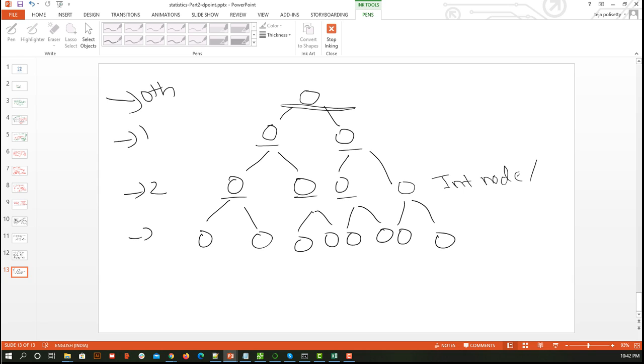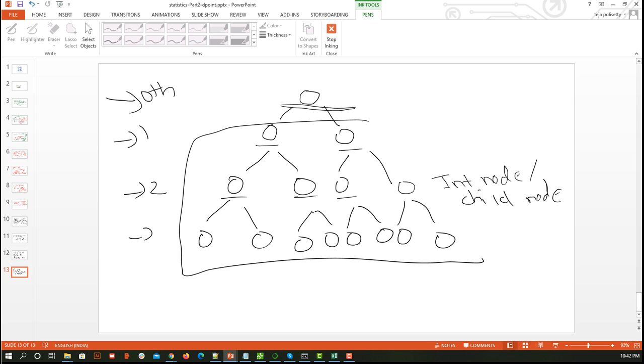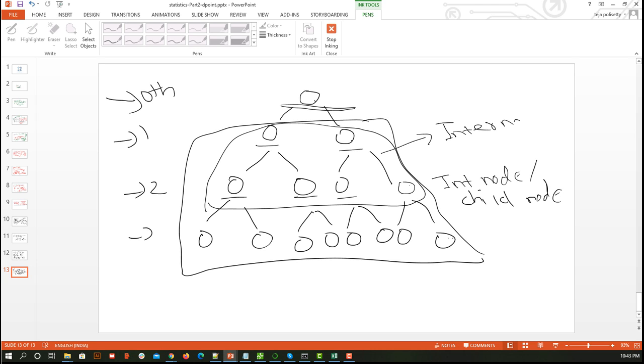The difference between a child node and an internal node: all these nodes we can call children nodes, because each is the child of another, but the ones which are not exposed to the outside environment are called internal nodes.